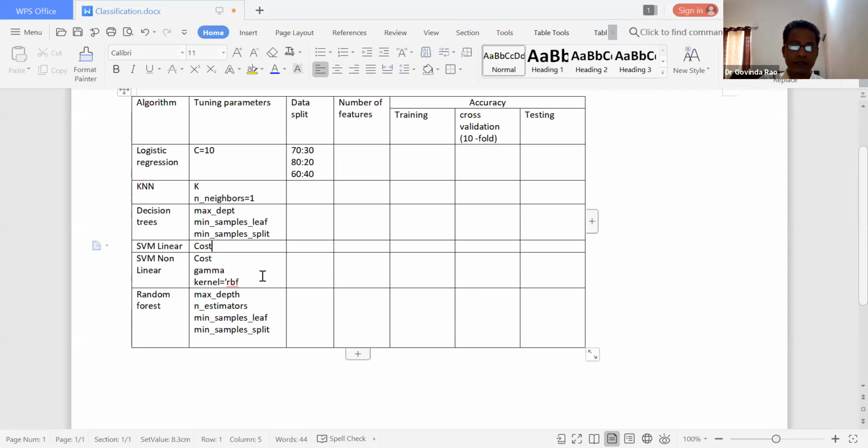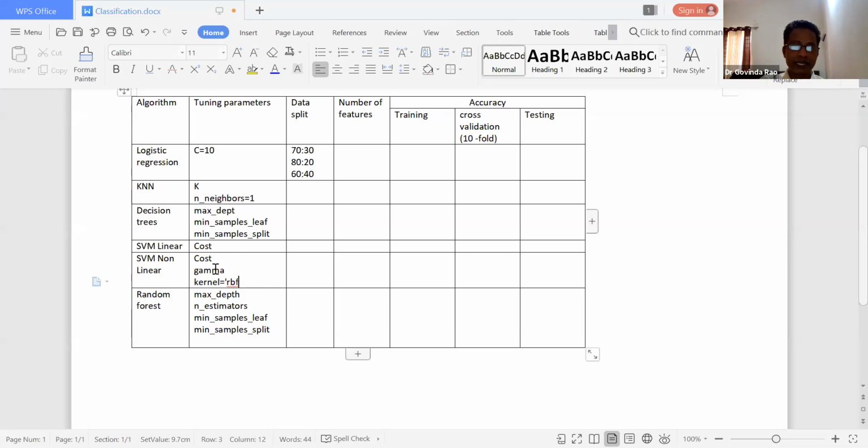In non-linear support vector machine, we can come up with some of the best hyperparameters such as the cost, gamma, and the kernel. In kernels, we have many kernels like radial basis kernel, Gaussian, linear, and polynomial.